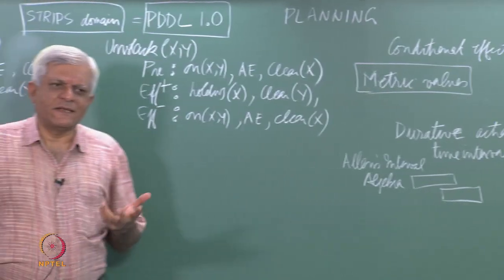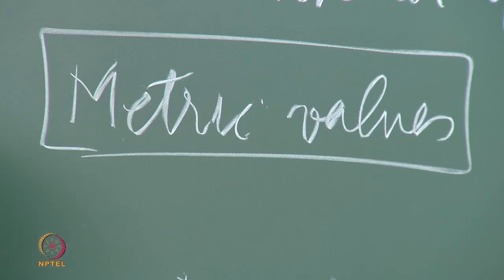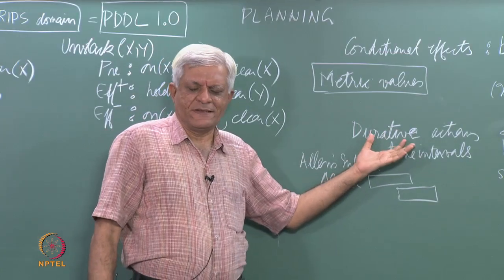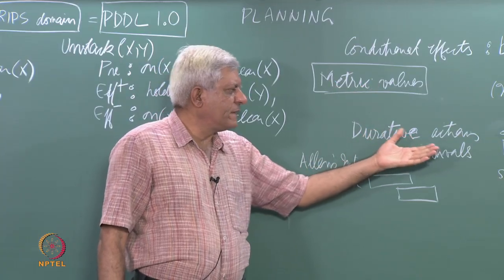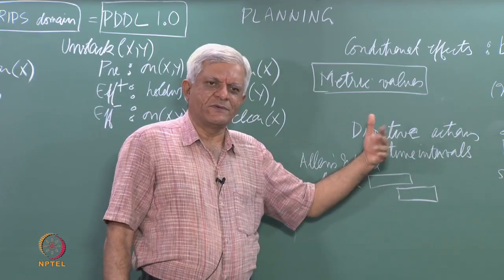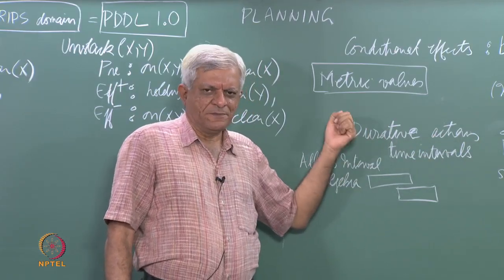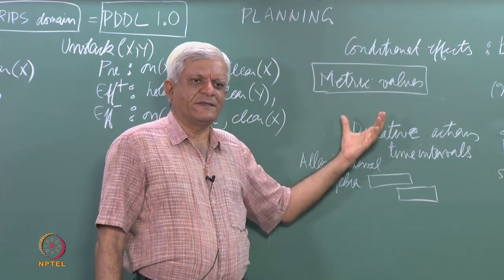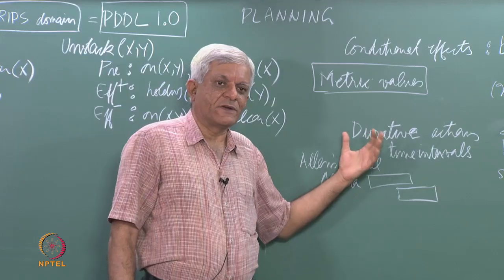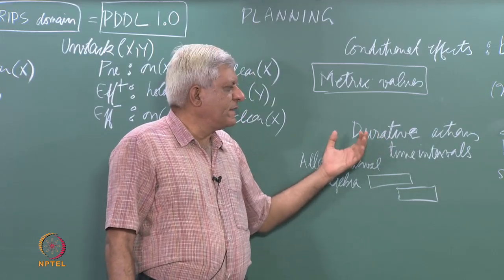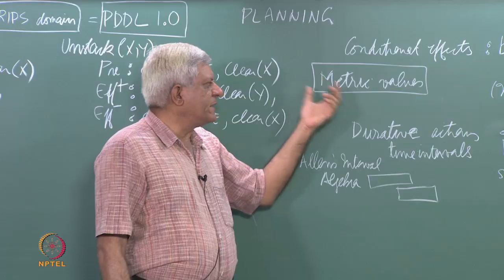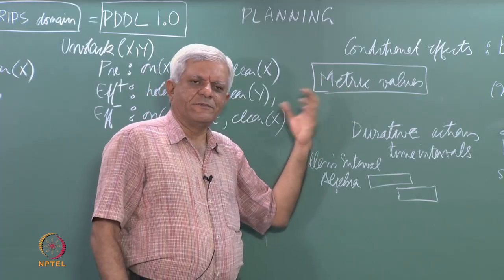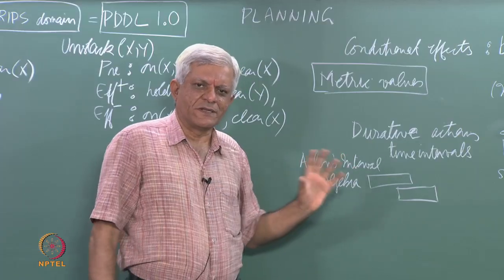So, these are numerical values which can take different values, and to illustrate with an example, it could be that instead of a bicycle, let us say you are using a motorcycle, then one of the conditions that you will need is that at all points you must have a certain amount of petrol essentially. So, metric values would keep track of the amount of petrol that you have in your